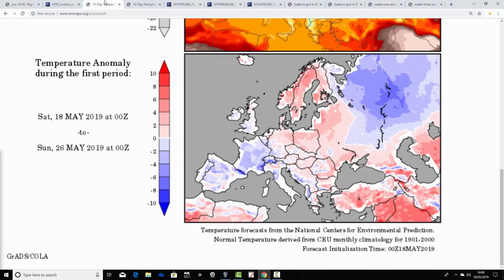Temperature anomalies from the 18th to the 26th of May, close to average. Again, not a big deviation as we've been seeing with these charts a lot in recent days. So if anything, northern parts of the country might be ever so slightly on the milder than average side. Southern parts of the country might be ever so slightly on the cooler than average side. But again, it isn't a big deviation. Essentially, temperature anomalies are very, very close to average for the week commencing the 18th through to the 26th of